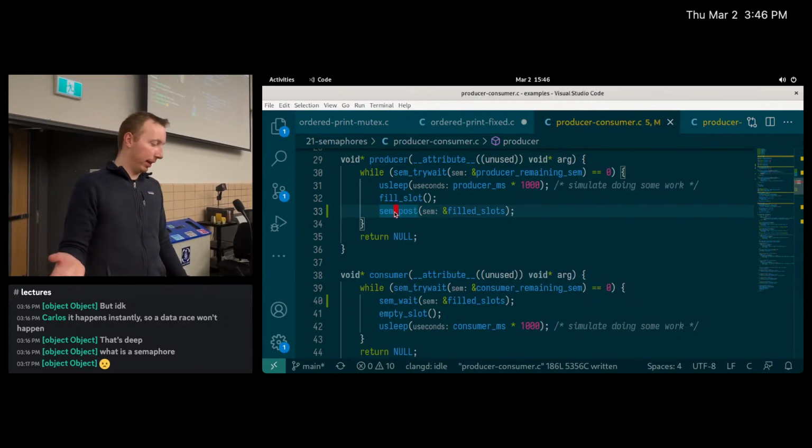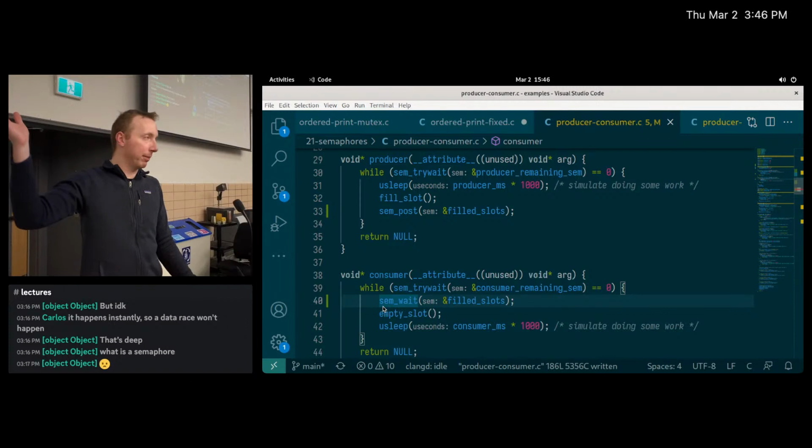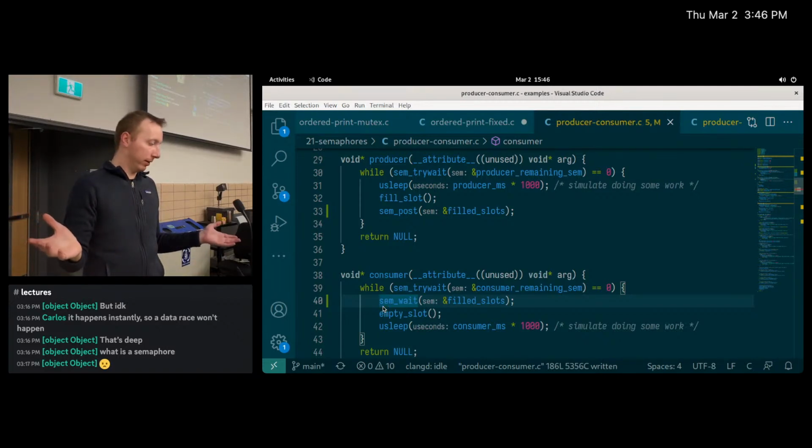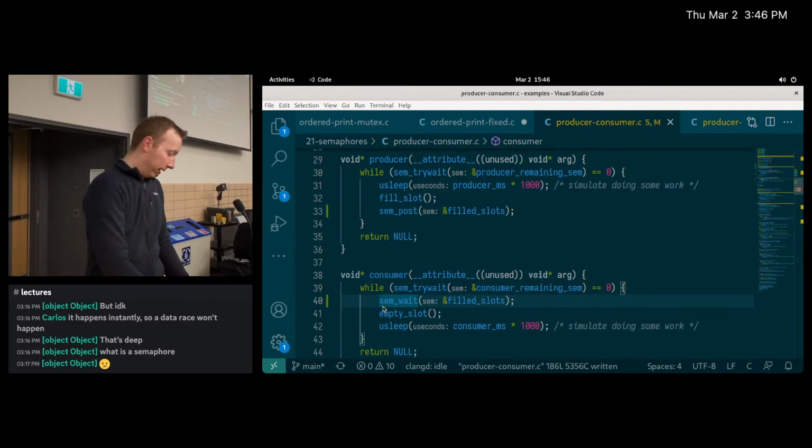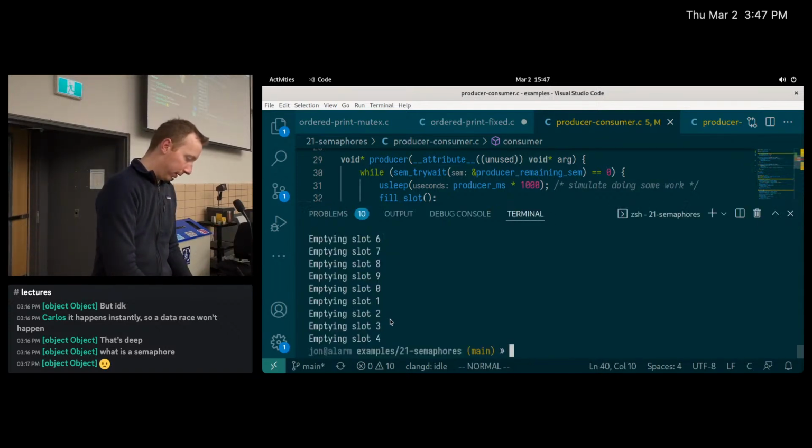If we fill a single slot, one of the consumers would wake up. Say there's a backlog of 10 of them, only one would wake up and process that data, and that's it. We're all good. Sound reasonable to everyone? That seems to work. If we go ahead and compile that,